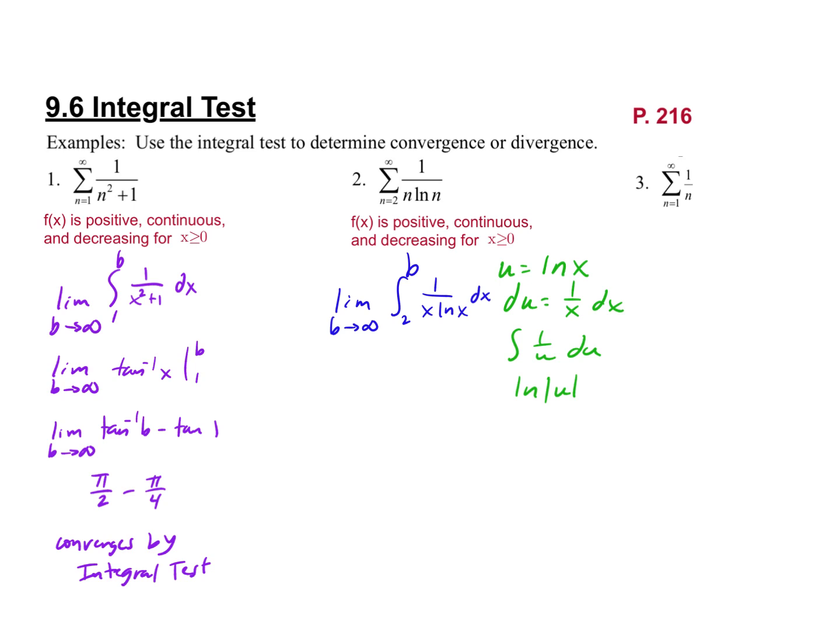And so this ends up being the natural log of u. Now, you might be wondering, why didn't I change the integration limits? Well, I'm going to put it back, actually, and keep using these. So in this case, my u is the natural log of x. So this is the natural log of the absolute value of the natural log. And so that's why I put it back. And then, of course, we're going to find those limits again